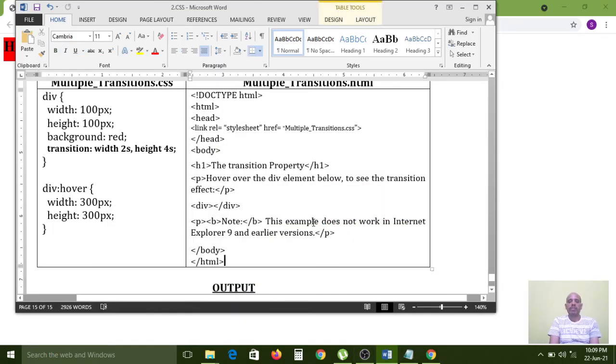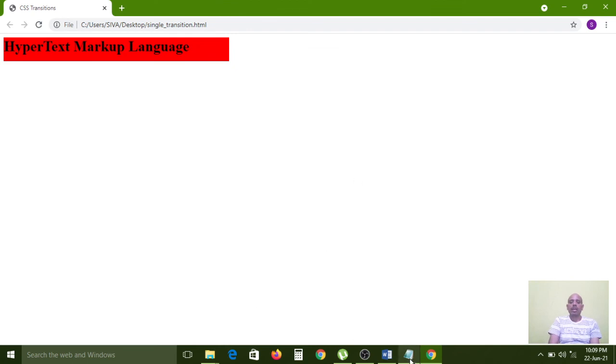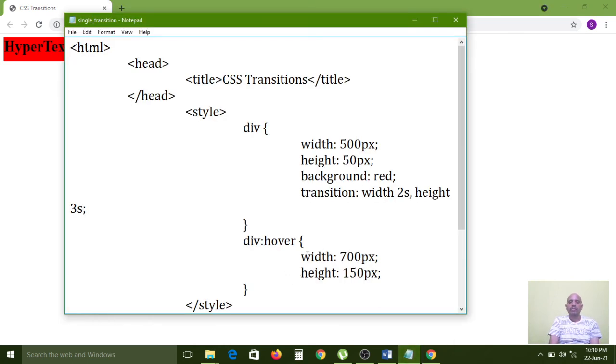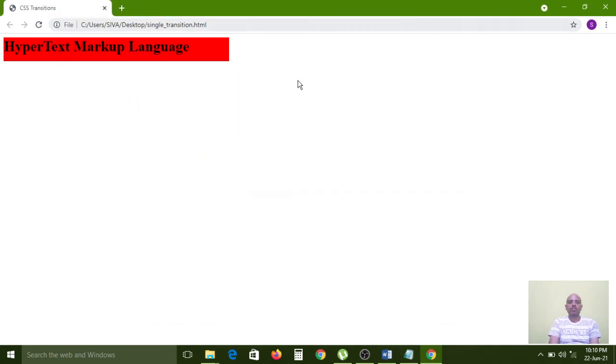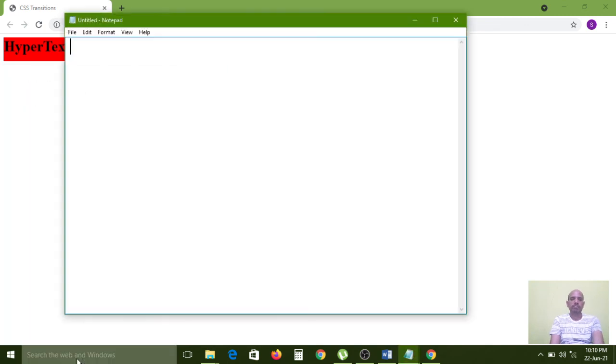So here I have given one output. Now I want to tell one more thing also. I want to give a div tag explanation. For that, I am opening one more notepad. Here the HTML opening and closing tags, and after that head open and head close.